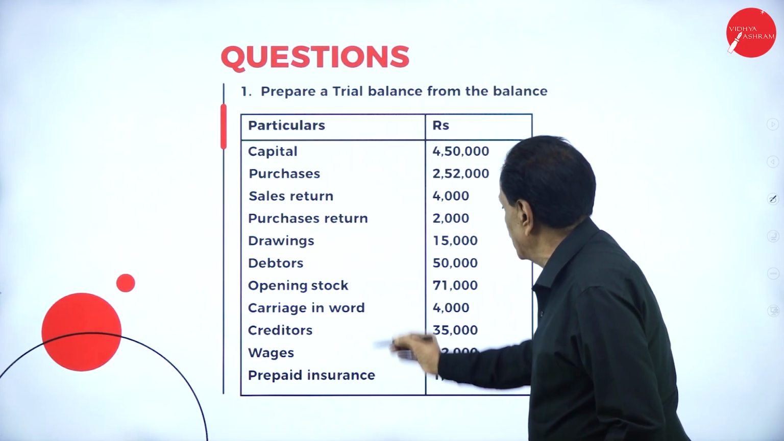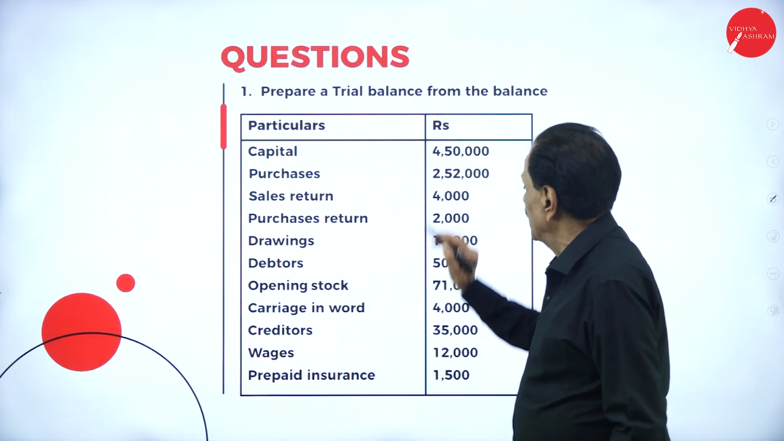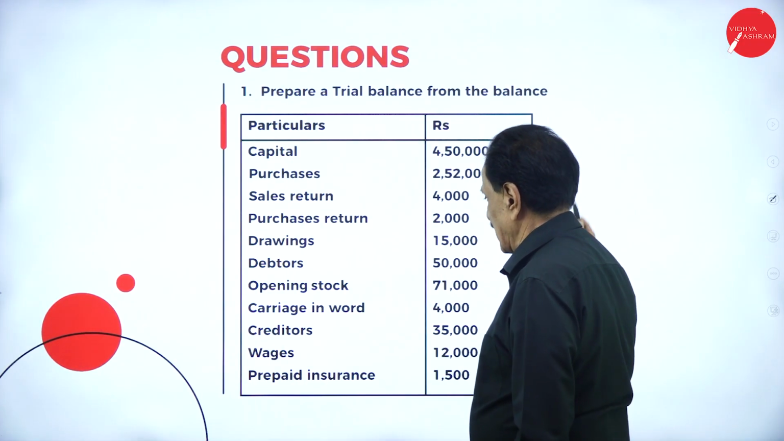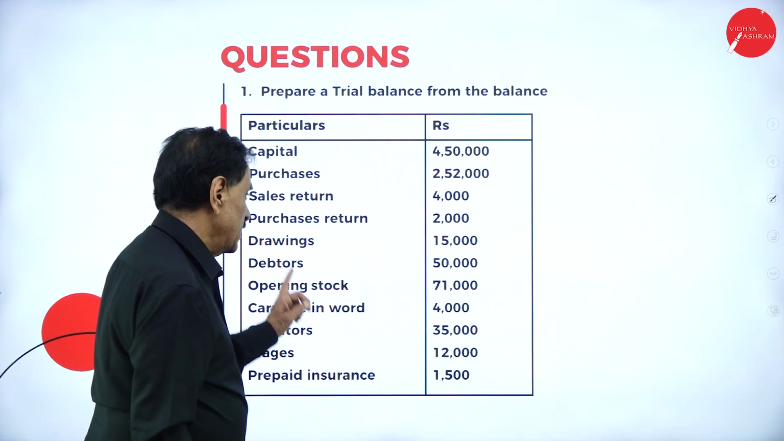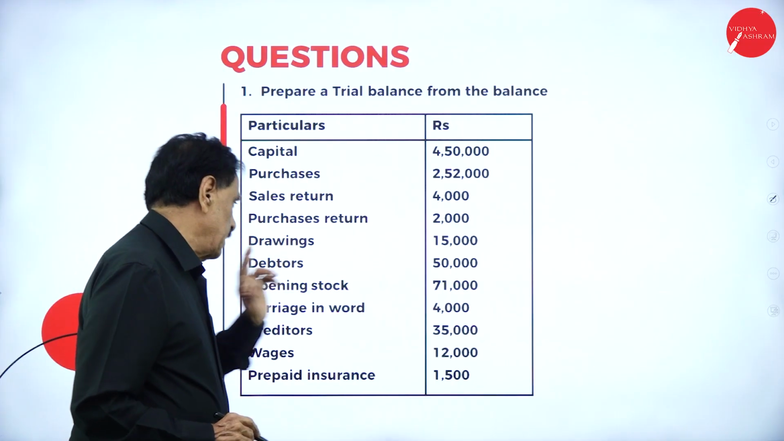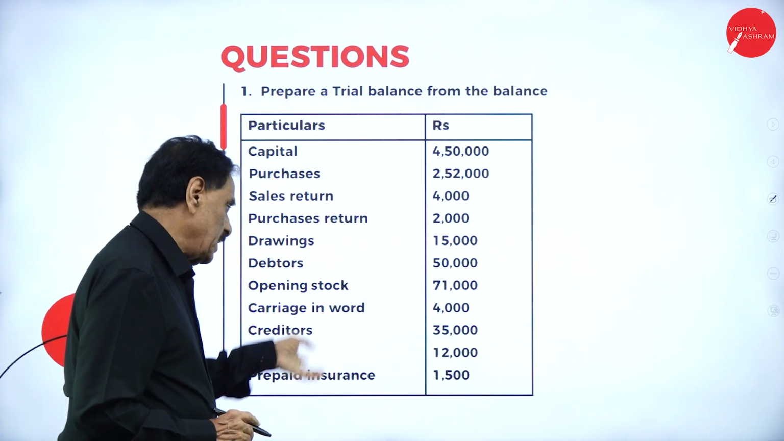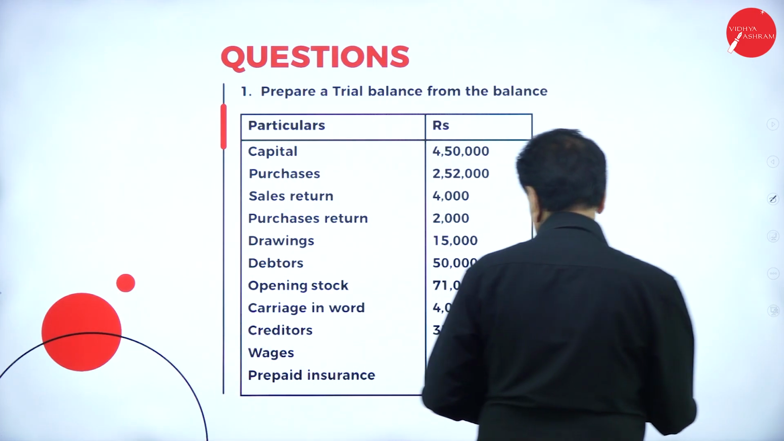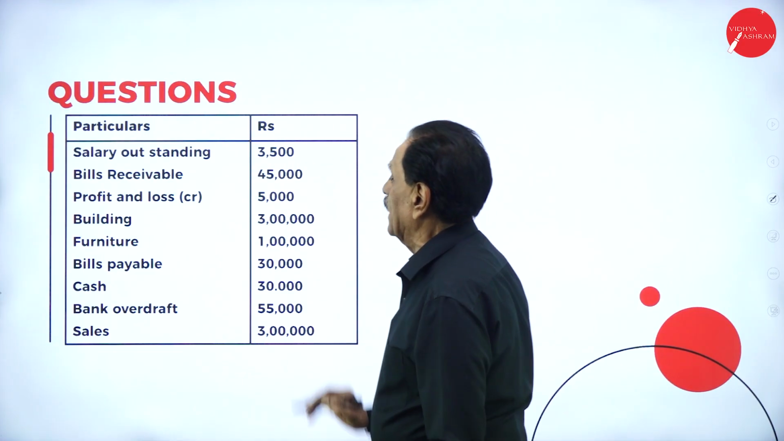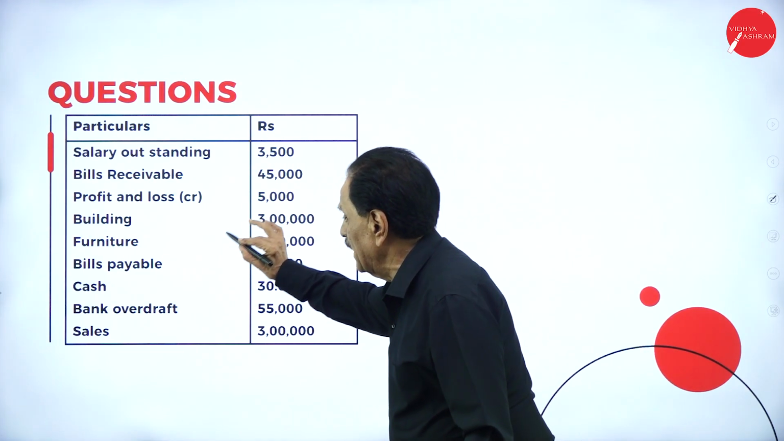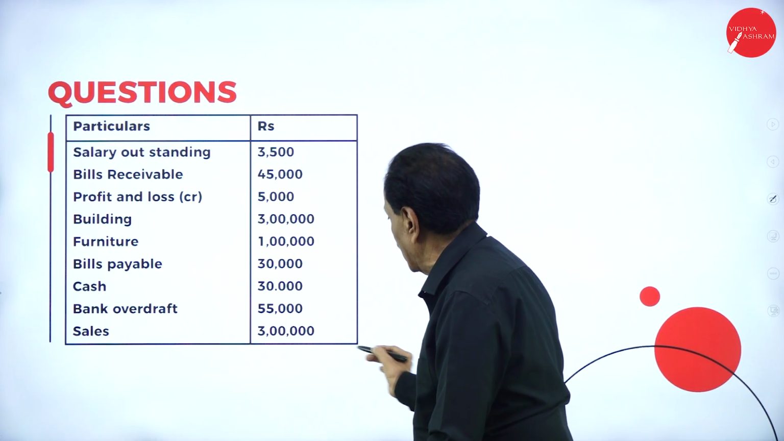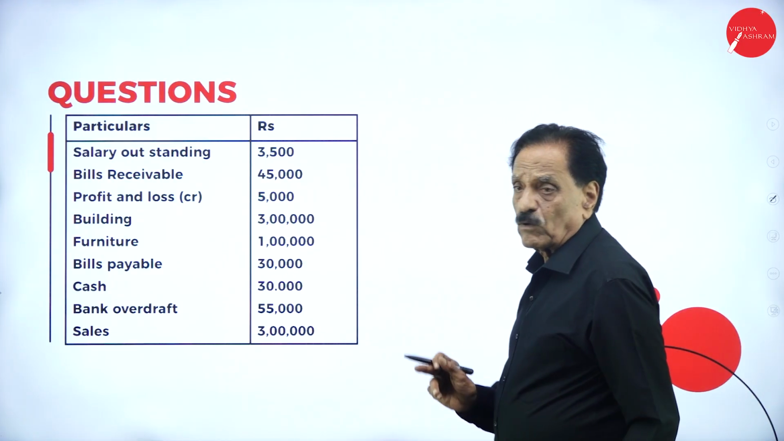So they will give an example like this: capital, credit side; purchases, debit side; sales return, debit side; purchase return, credit side; drawing, debit side; debtor, debit side; opening stock, debit side; carriage inward, that is debit side; creditor, credit side; wages, debit side; prepaid insurance, debit side; salary outstanding, credit side; bills receivable, debit side; profit, credit side; building, asset, debit side; furniture, debit side; bills payable is a liability, credit side; cash, asset, debit side; bank overdraft, liability,